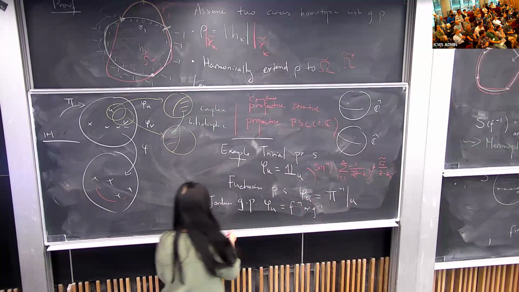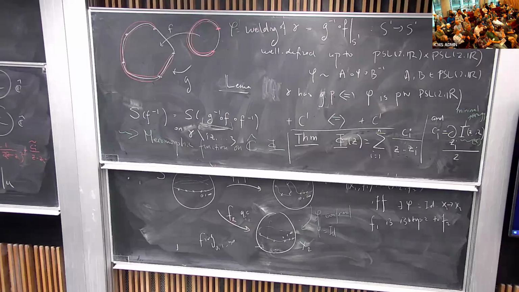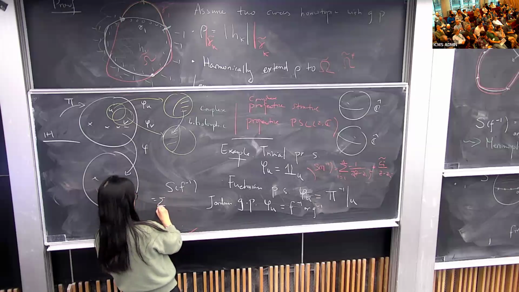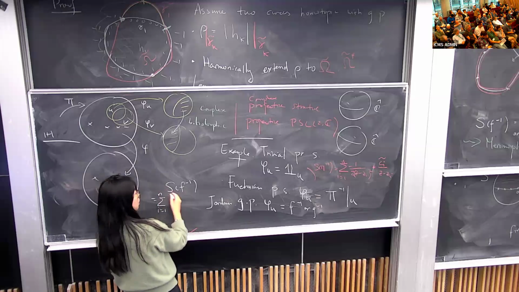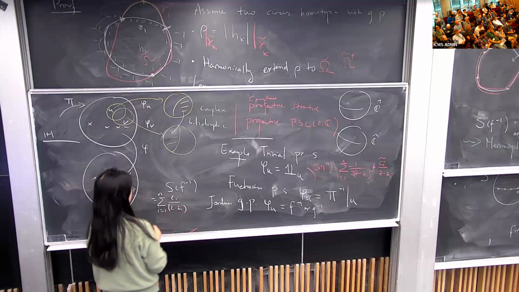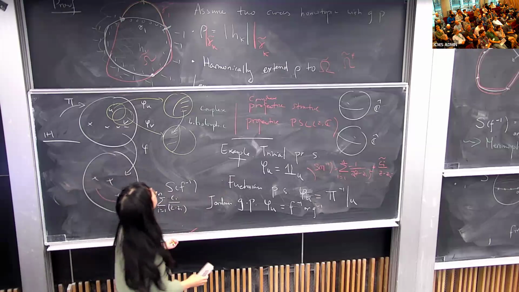In our case, the Schwarzian of F inverse is given by only simple poles, C_i over (v minus z_i). These C_i's are not really related, at least we don't know how they're related. But